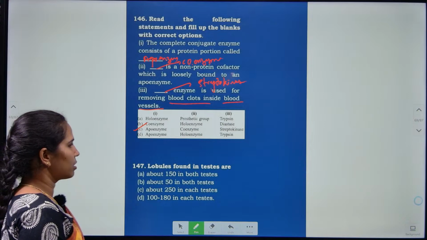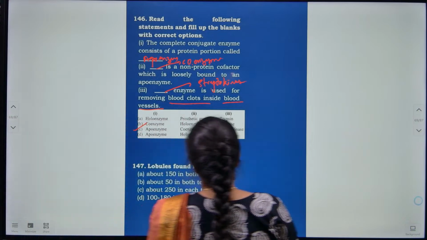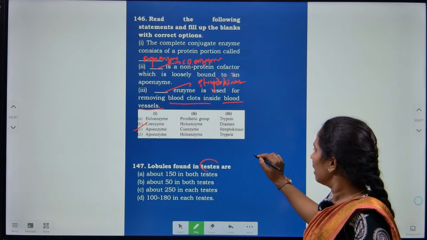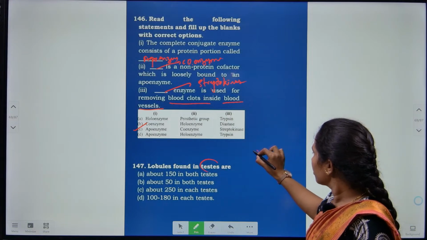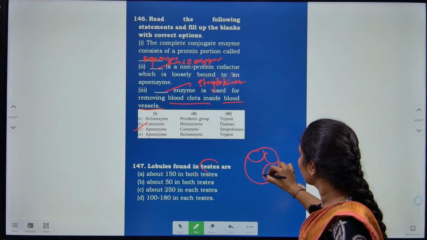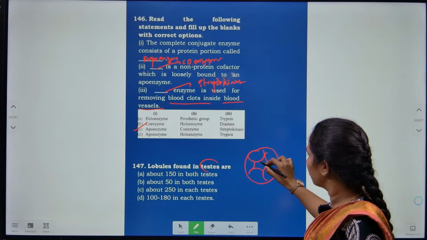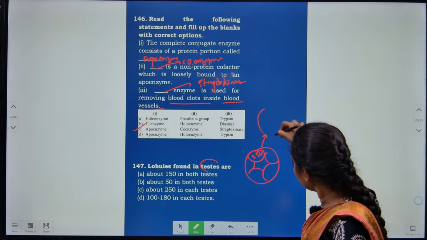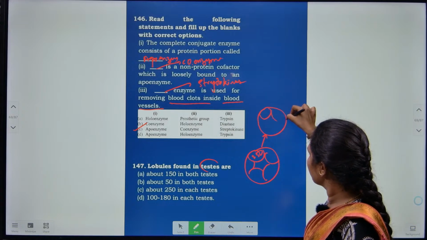Next, the lobules, that is testicular lobules, are found in testes. How many lobules are found in a testis here? Each testis is made up of 250 compartments of testicular lobules, and each lobule is made up of 2